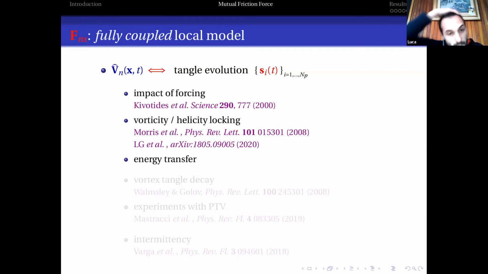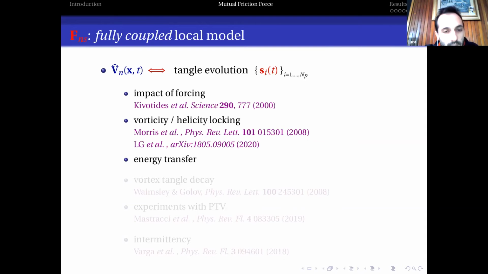One of the interesting features to look at is what structures in the normal fluid are created by the forcing by the vortex lines, or also whether the vorticity and helicity locking, which is observed with the kinematic model, still holds in a fully coupled model, and also to investigate the energy transfer via the mutual friction which occurs between the